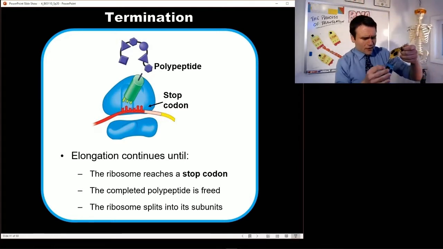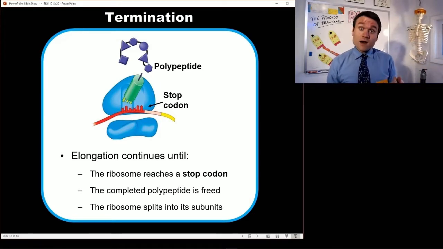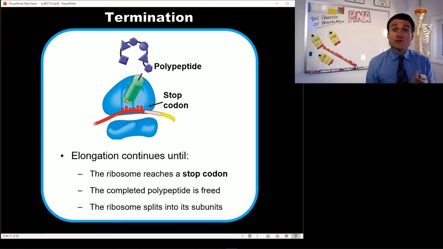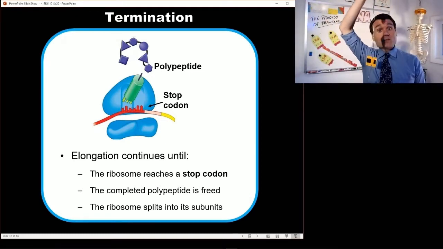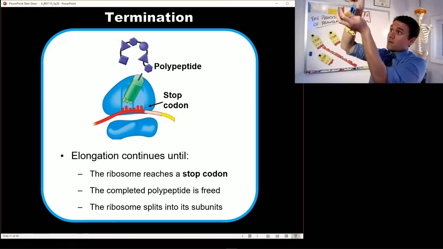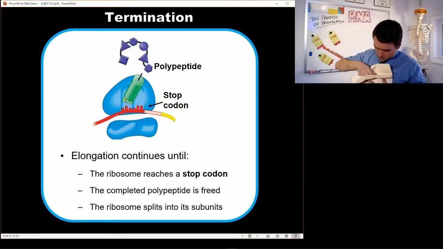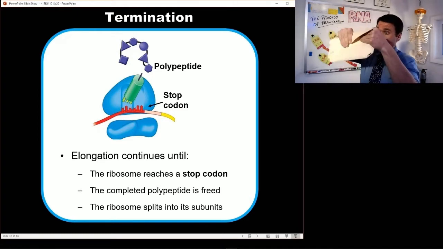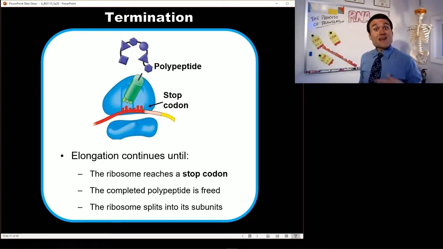Now, where does this occur? Well, in the ribosomes, obviously, but where do you find a lot of ribosomes? The rough endoplasmic reticulum. So this polypeptide is now in the rough endoplasmic reticulum, and we can bundle it together, put it into a transport vesicle here, and then we can send it to the Golgi apparatus in order to obtain its final three-dimensional shape and get packaged and sent off to wherever its final location is.